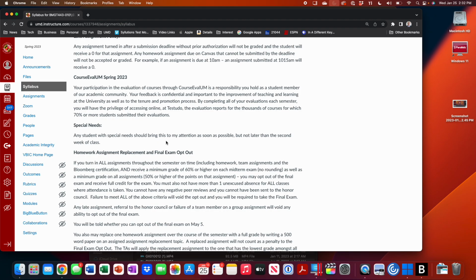As an example, somebody in the first class told me they were on the track team, and they're probably going to have some track meets and or practices. If that gets in the way with an assignment, we'll give them either an excused absence and or we can be flexible on a deadline. So again, talk to us before deadlines.